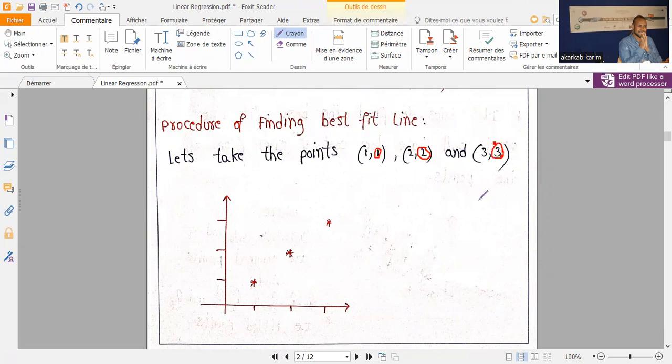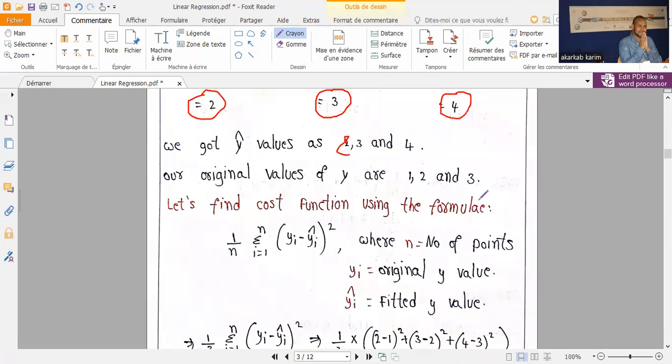Okay, let's continue. So after we found all these values, what we want to have is the process to finding the best values. Well, the next step here is to find the cost function using this formula. As I told before, we have here this cost